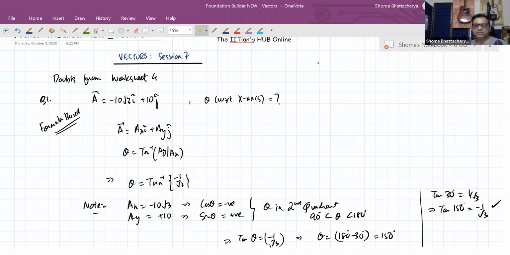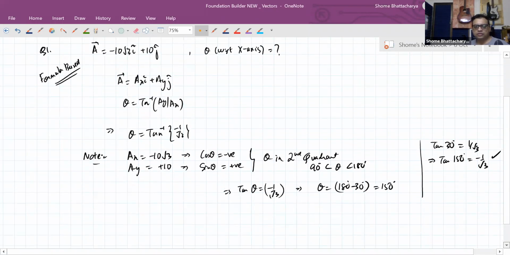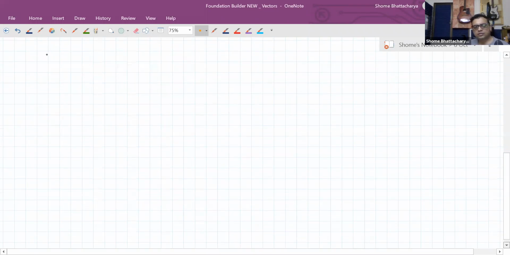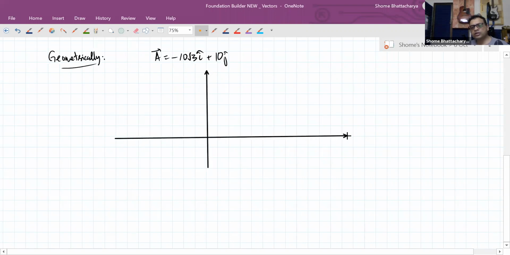Okay, so hope this method is clear. Now the alternate method is that we can solve this geometrically. If we see the vector A, which is minus 10 root 3 i cap plus 10 j cap, if we want to understand this vector in the xy coordinate plane,